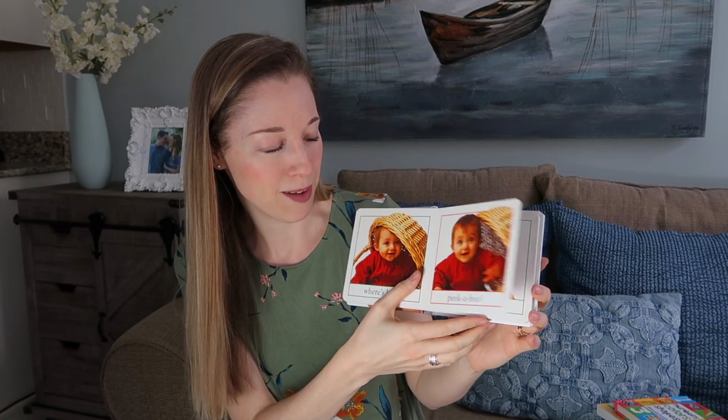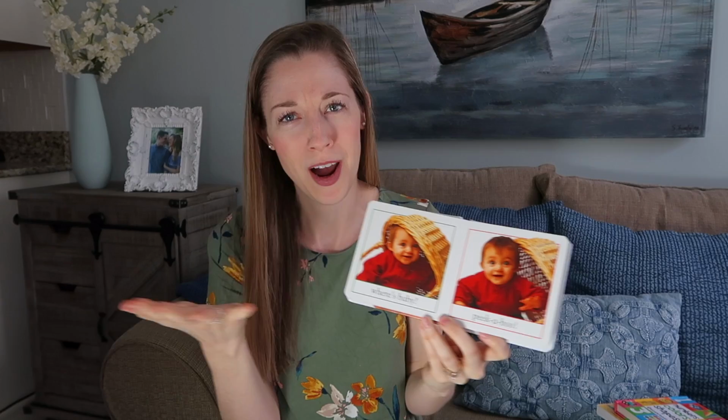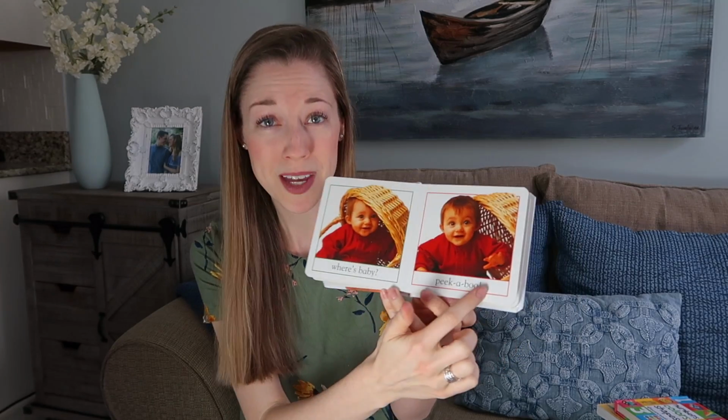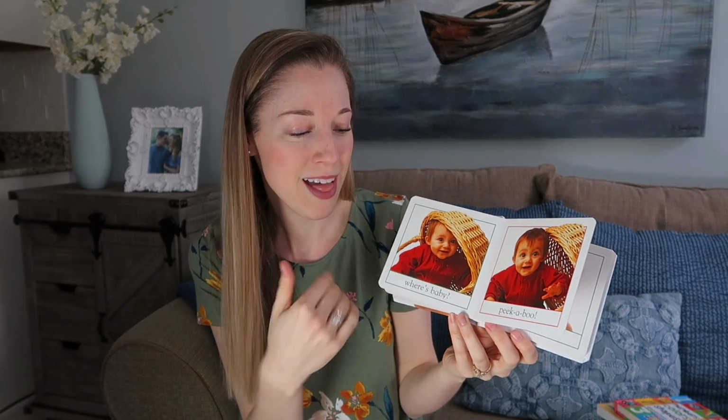Baby, baby. So as you can see, I'm not reading these words here, even though I do sometimes read the words in the book. I like to balance out how I'm reading them to him and just kind of do things differently each time. So this would say, where's baby? Peekaboo. That's nice to know, but right now, functionally, it's more important for my son to know the word baby than